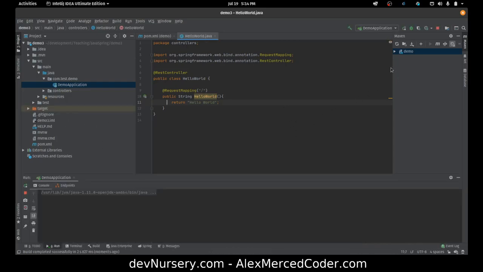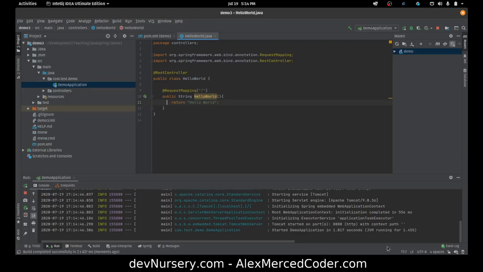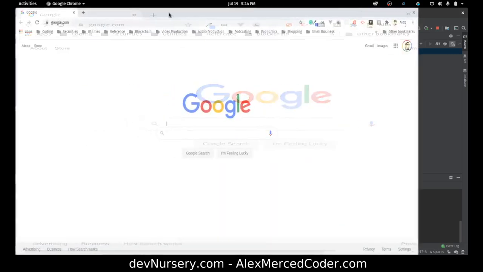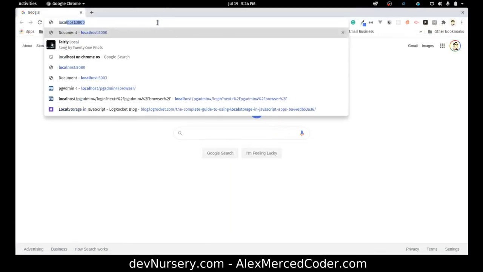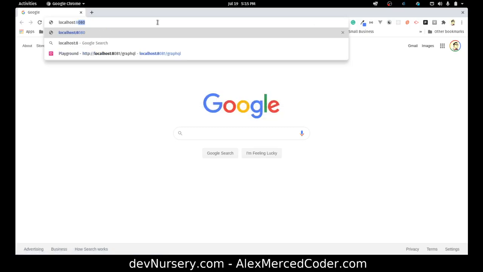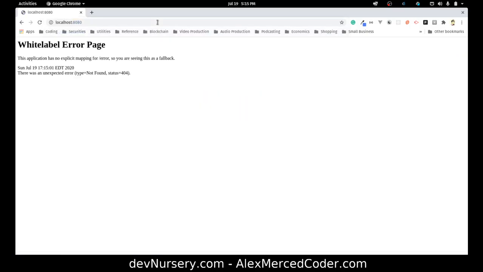Give it a second to start up. There it is. It's starting. And see, it's open on port 8080. So let's go open up Chrome. And if I go to localhost 8080,